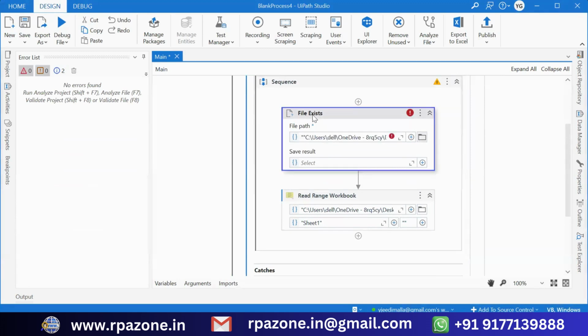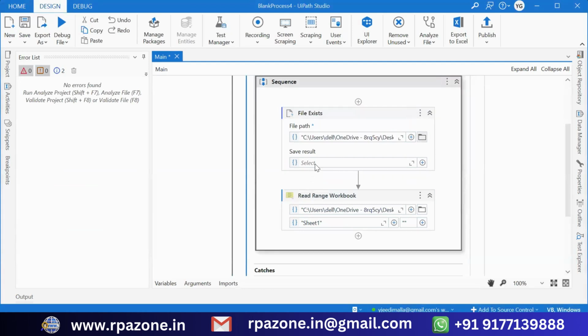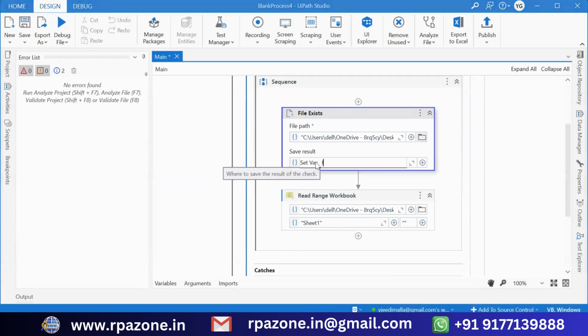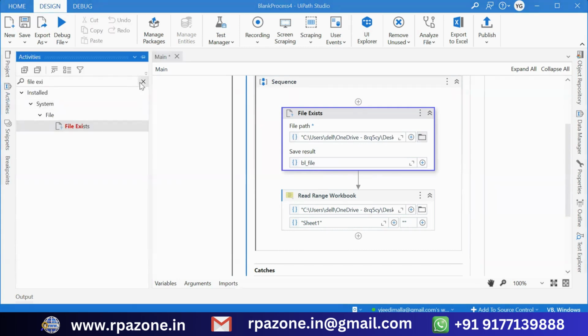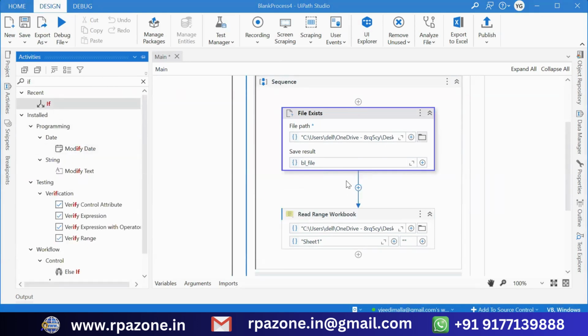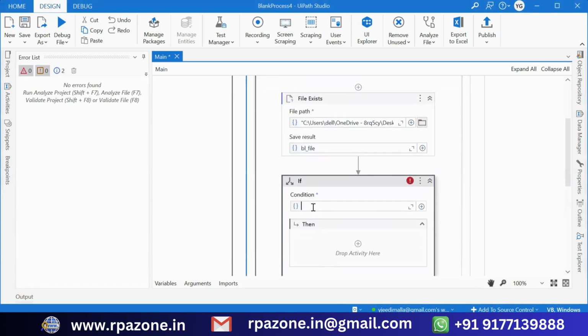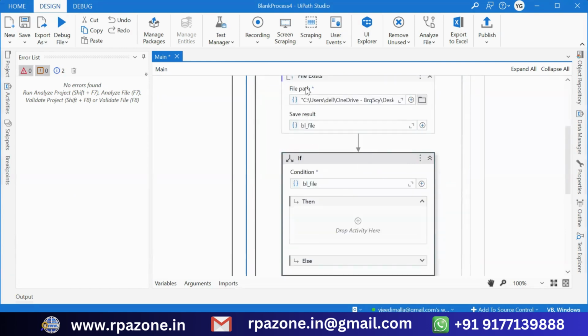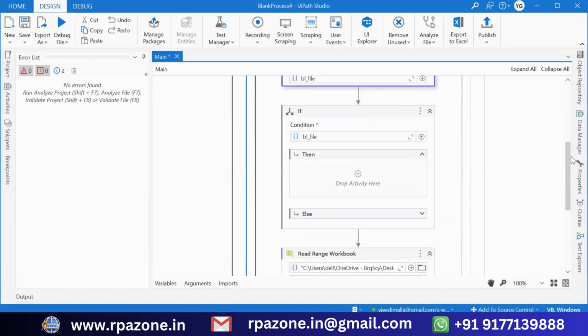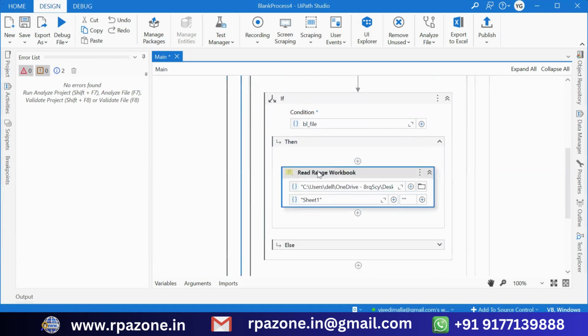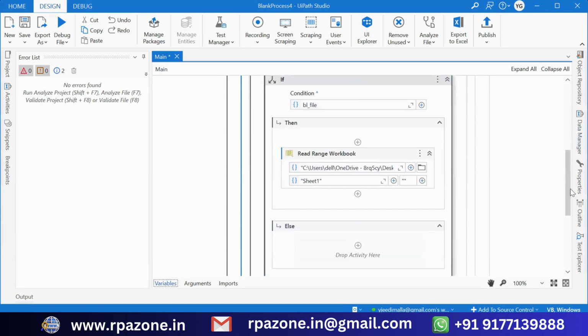Okay, and saving it to the result, Control K, file. I'm giving a Boolean, this one, it will hold the true or false Boolean file. Okay, what I am doing here, I am giving one if condition. Okay, now in the if condition, I am doing this BL file. Okay, if the file is there, if it is true, it will go into the then block. I'm giving it to the read range. Okay, then block. Else, if it is not there, then we need to